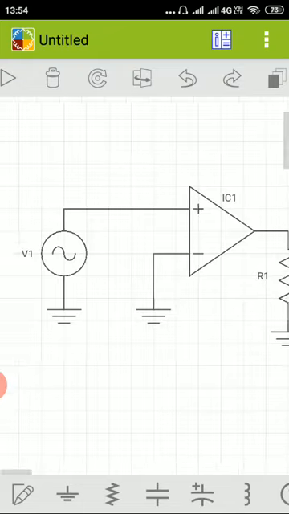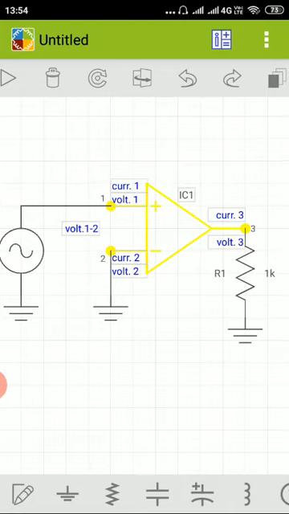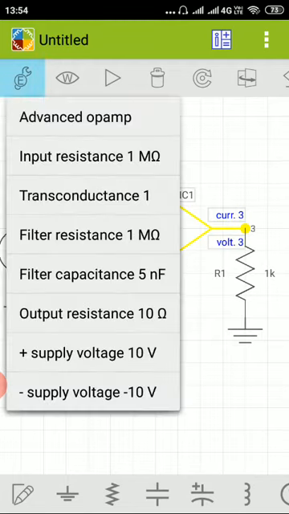Now let us set the supply voltages. So we know that for op-amp we have two supplies, that is plus VCC and minus VEE. So we have to click on the op-amp, and then in the top toolbars you have to go to the settings option, that is the first option, click on that, and the last two options, positive supply voltage, that is 10 volt, it is showing, and minus supply voltage, it is showing as minus 10 volt. So by default the op-amp will be given with plus 10 volt and minus 10 volt supply.